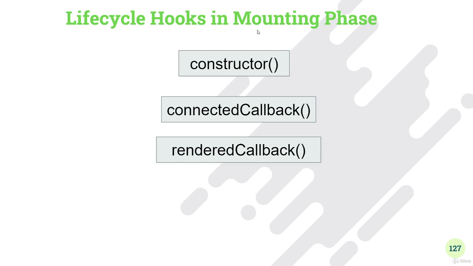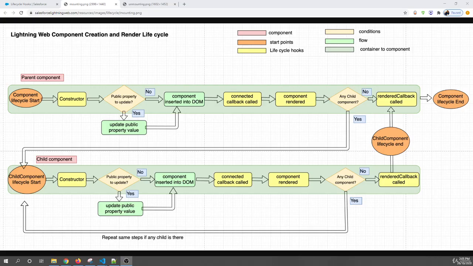Before explaining these methods, I want to show you the flow, how exactly the components load and how things work behind the scenes. If you look at this diagram or flow chart, this is the exact way how the lifecycle hooks get called. Suppose you create a component here. As soon as your component starts loading into the Salesforce engine or the web browser, it first calls the constructor method. Then once the constructor method gets called, it will check whether the public properties are there to